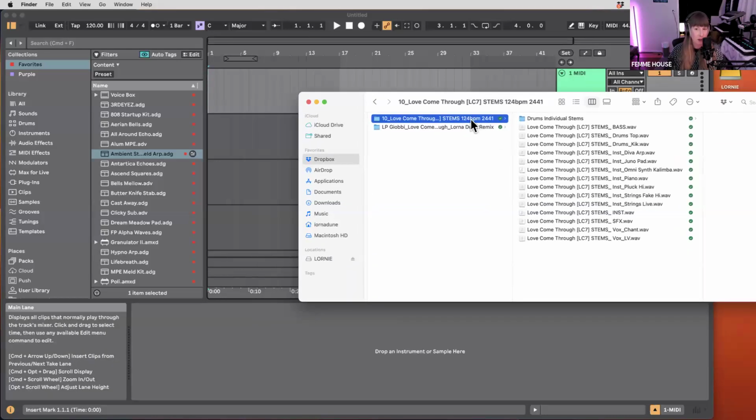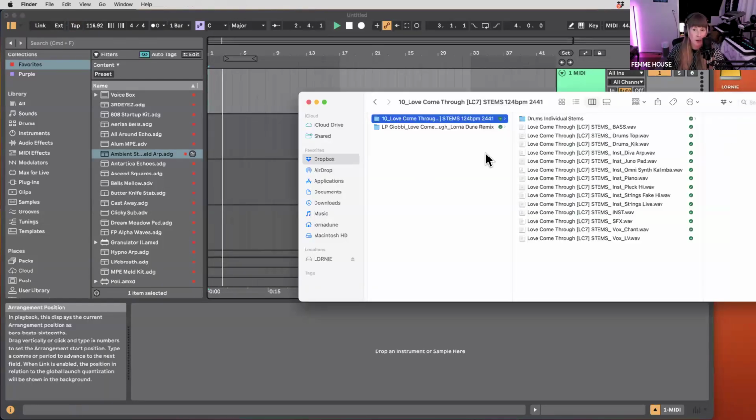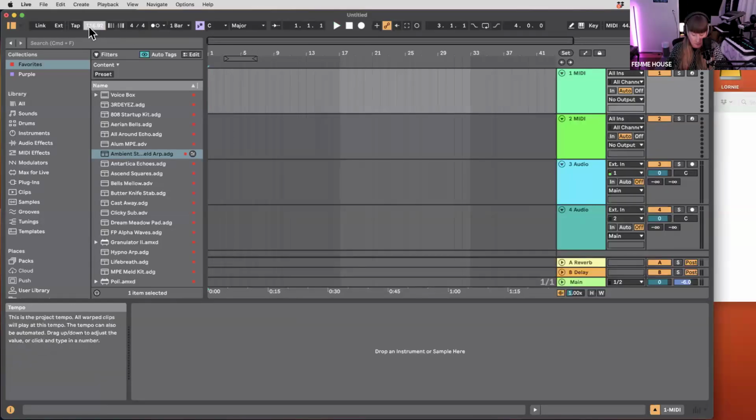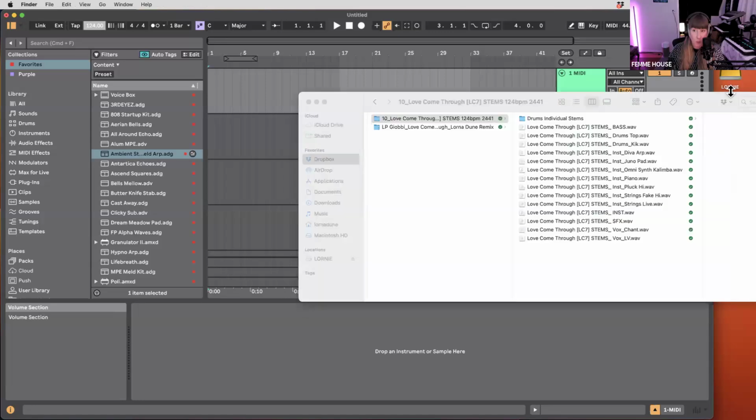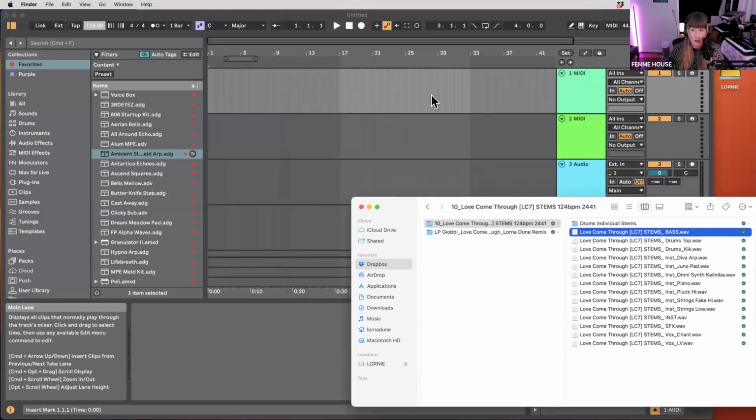If somebody didn't give you the BPM, you could ask them. You could look it up online, or there's a tap button in Ableton Live. So if you're listening to it and you tap it, you can somewhat guesstimate what the BPM is. But the important part is that we need to set our project for that BPM before starting. So I'm going to type 124, enter. Perfect. So now when I import these stems, which is just as simple as clicking and dragging it in, we